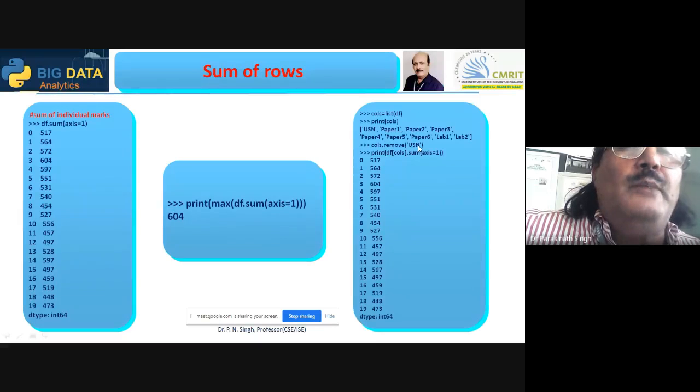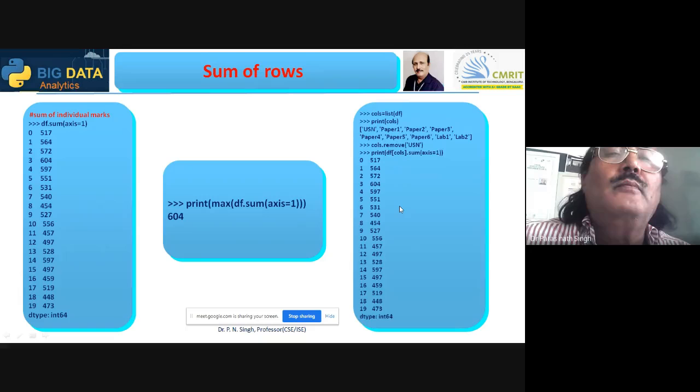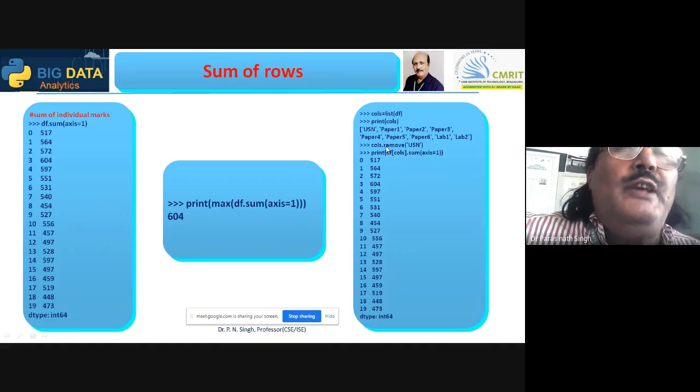So it has removed the USN, and then you are showing the sum. Fine. We are not using del here, we are using remove.